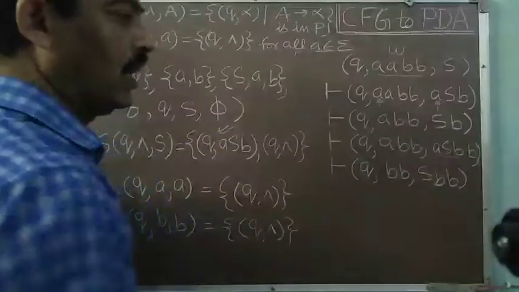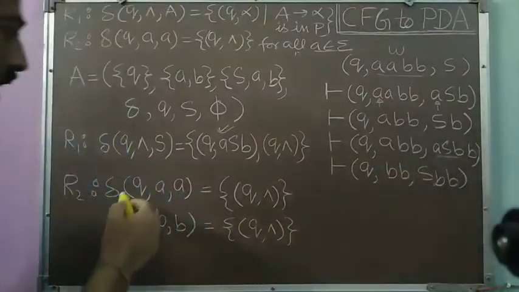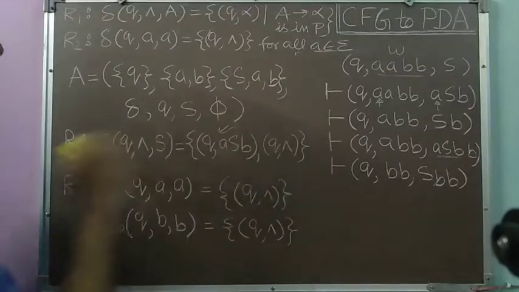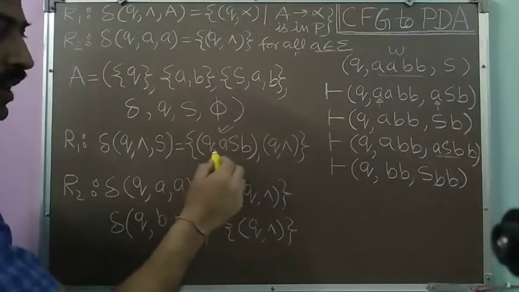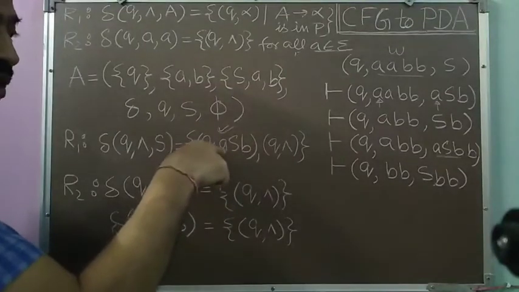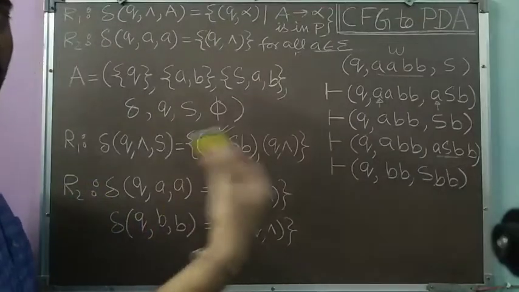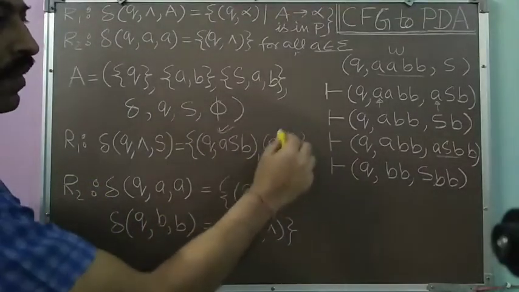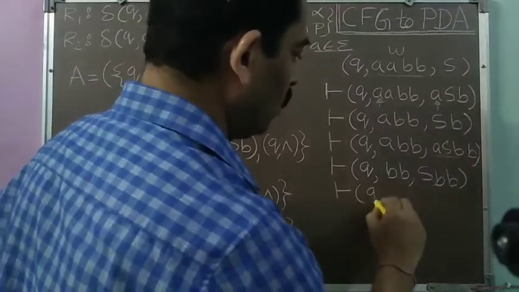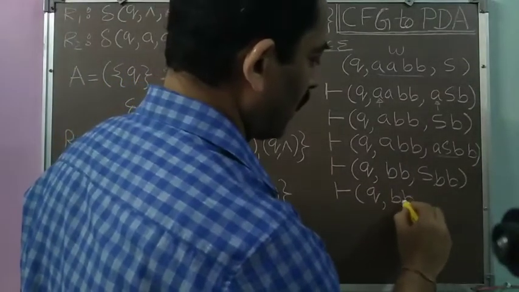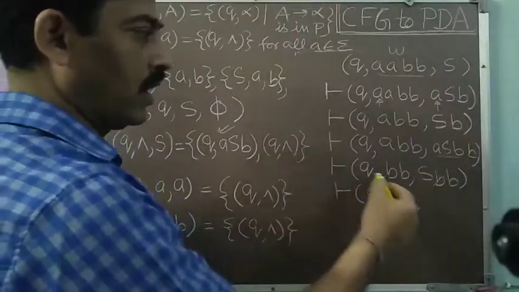Now again S is on the top of the pushdown store. So (q, S) I will take a null move, and I have to apply a transition. But this time I will not apply this one, because if I apply it, I will again generate one more A, and in my input I do not have any A remaining, so I cannot do the matching. So I will apply (q, null). The next ID will be q. The input will remain as it is because I have taken a null move, and S will be removed and null will be pushed.